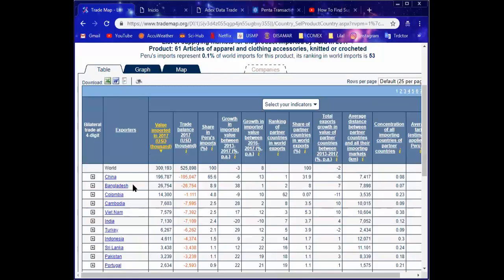So it would mean that China and Bangladesh maybe have a better price. If we're going to import products from chapter 61, maybe we will have to keep an eye on Chinese exporters and exporters from Bangladesh. So this is the first web page.